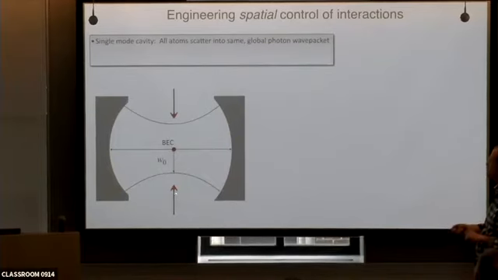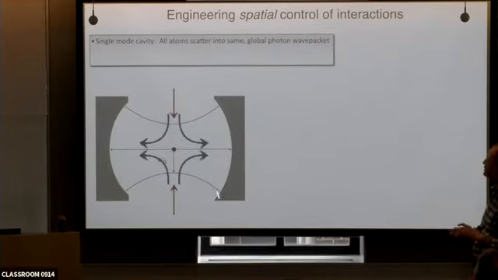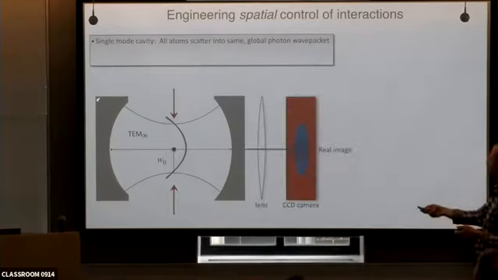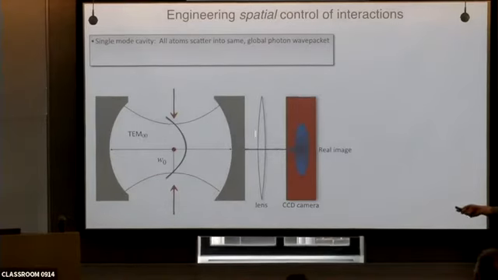So if I pump it with photons, and here's a little BEC, not a big one, just a little BEC, I scatter photons off of it, they go into the cavity, and they form this Gaussian profile of the mode shape of that photon wave packet. Now that photon wave packet can leak out of the cavity, and we can image it onto a CCD camera, and I just get this Gaussian profile, okay?